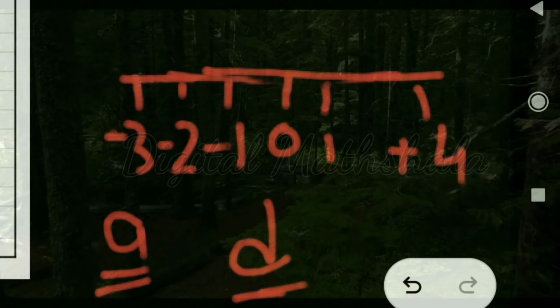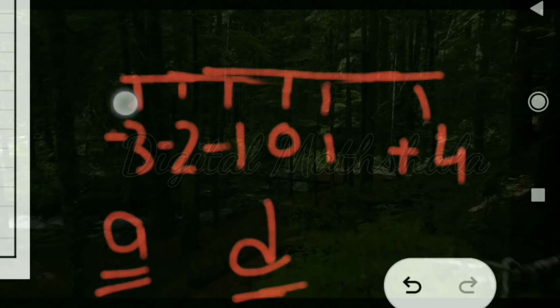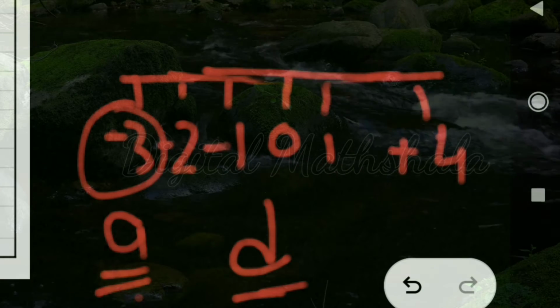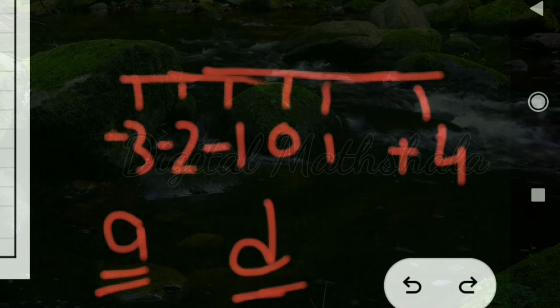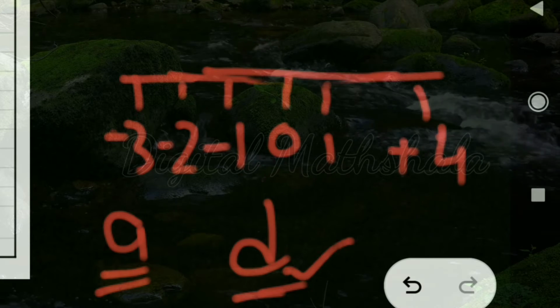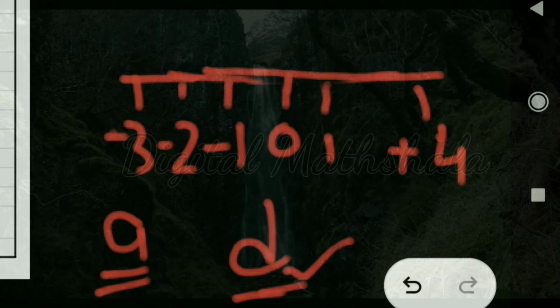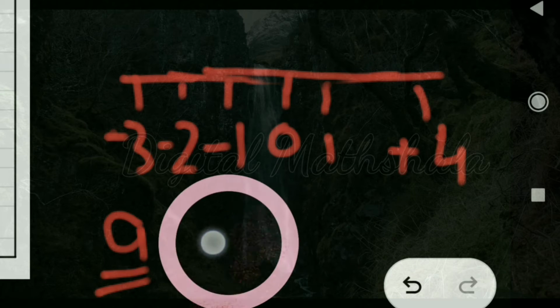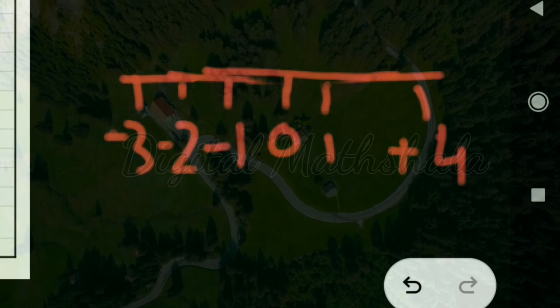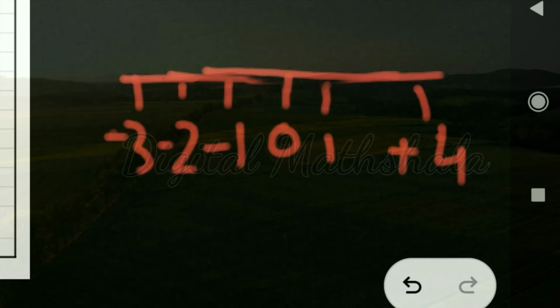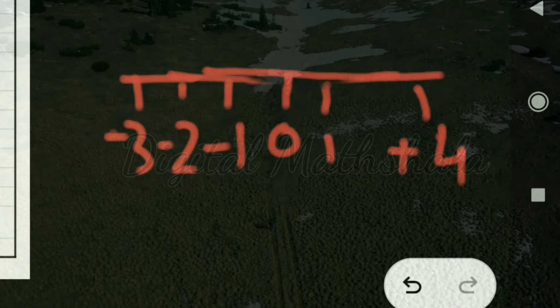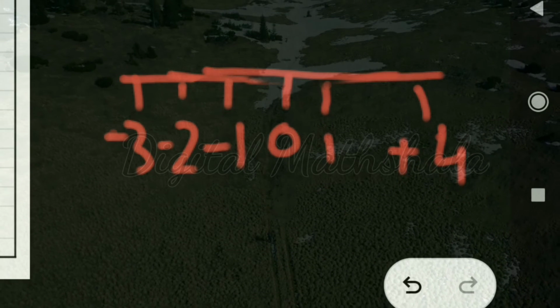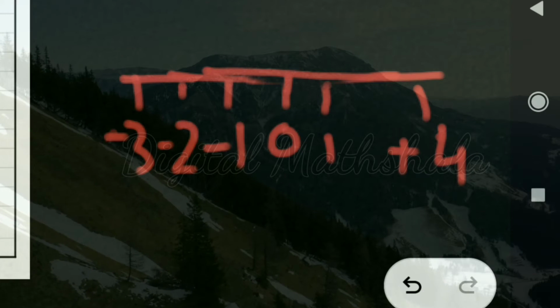So in ascending order we use a small number first because A is small according to me. In the descending order the first letter is D, so it means D is bigger and we will use a bigger number first. This rule is not given in any book, but only to make you understand I am creating this example, the letters example.